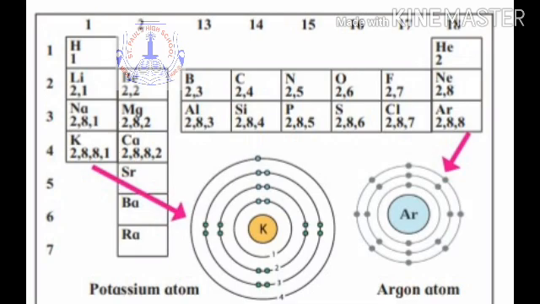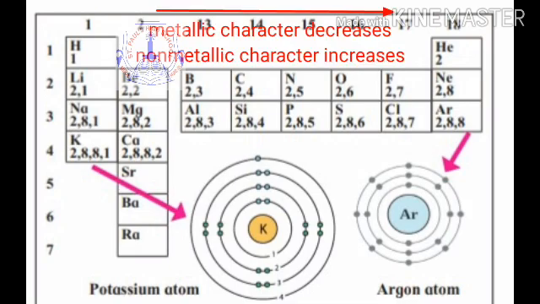So lithium can easily lose electron very nicely, therefore a very good metal. Beryllium will lose electron but not as good as lithium. Boron is a metalloid. Carbon will be sharing electrons. Nitrogen will not be giving electrons. It will be accepting electrons because it will not be giving away those 5 electrons. So after nitrogen, everybody will accept electrons till fluorine. So you find that these elements are mostly electronegative because they go on accepting electrons and become negative ions. So what do you find over here? If you go across a period, the metallic character will go on decreasing and the non-metallic character will go on increasing.